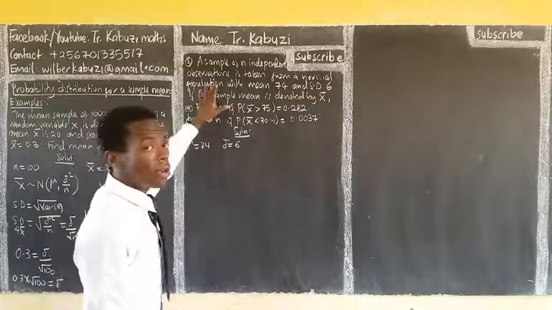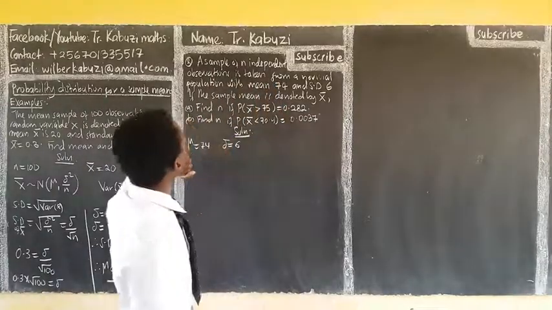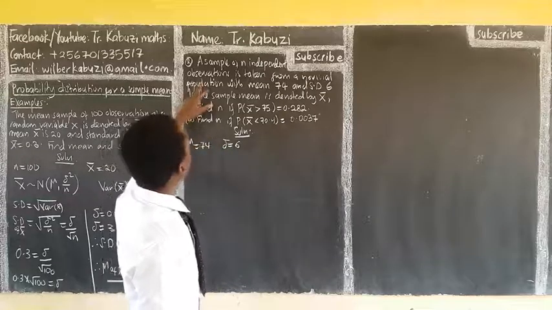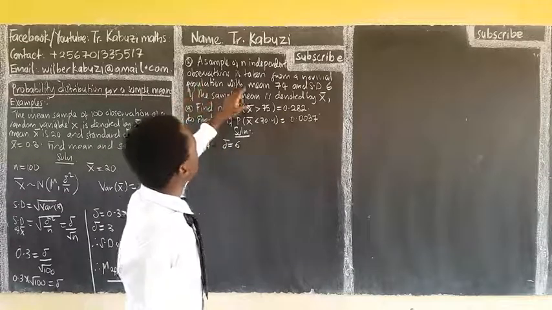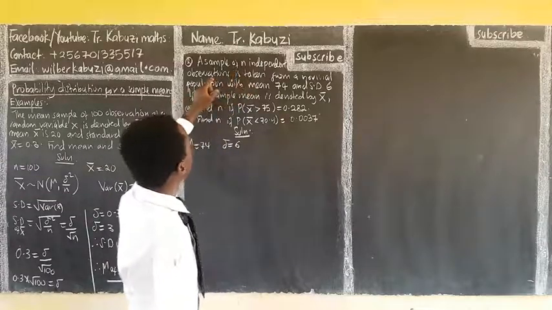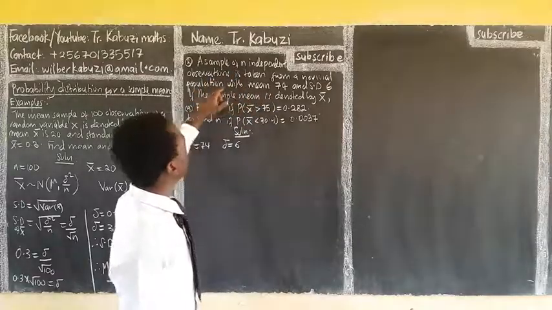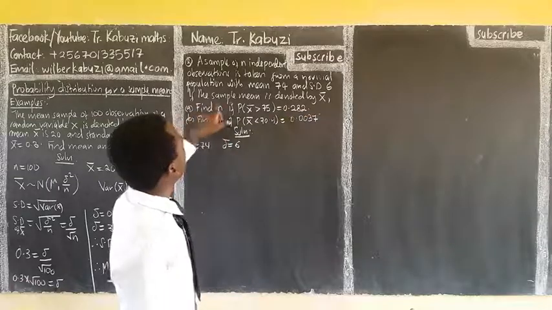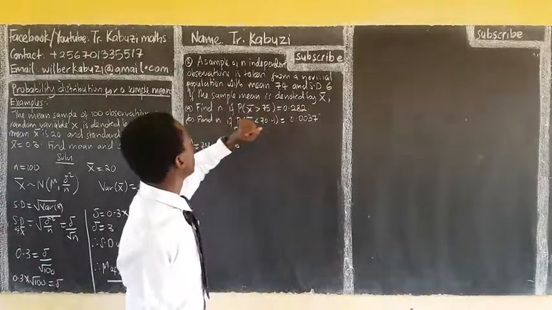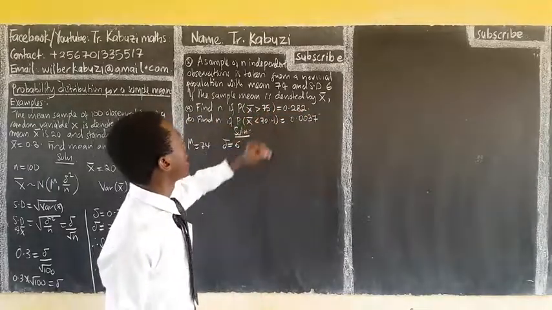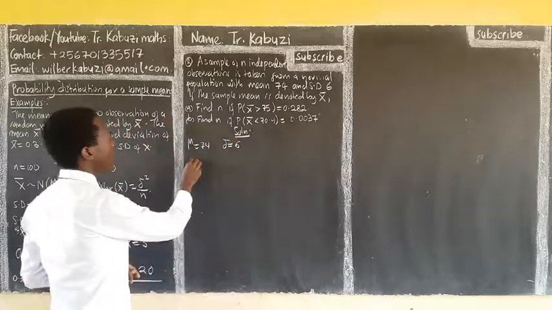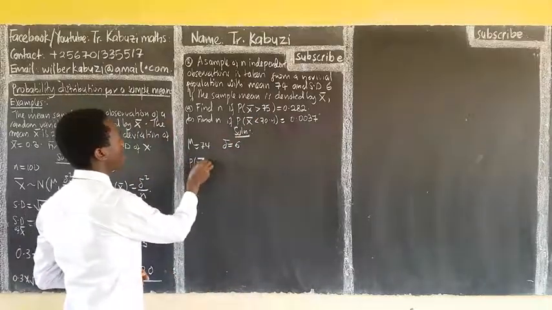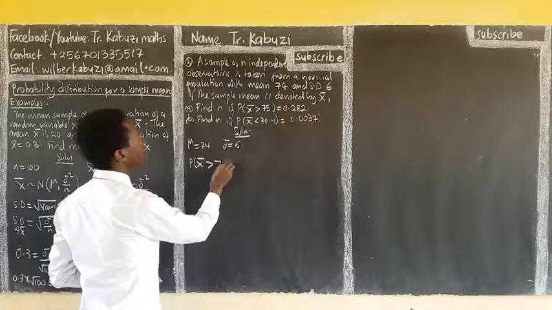This is now a normal population. If the sample mean is denoted by x bar, find n if the probability that x bar is greater than 75 is